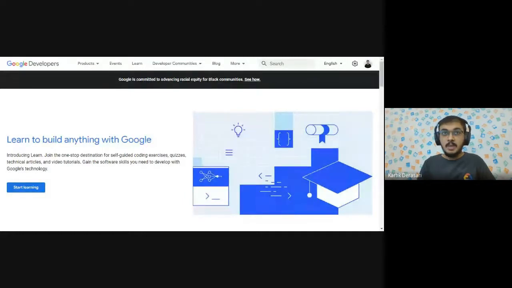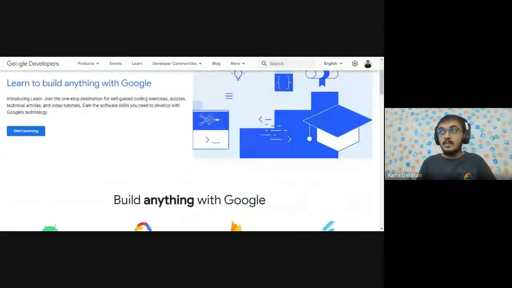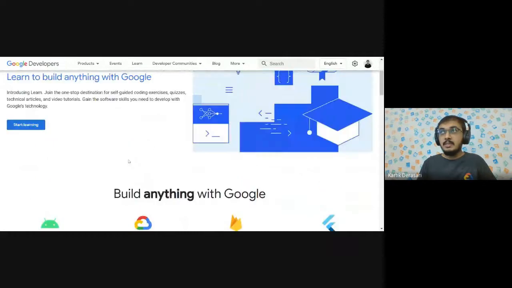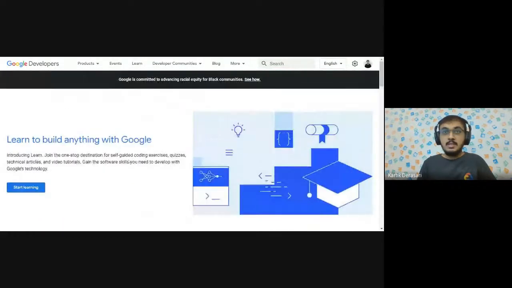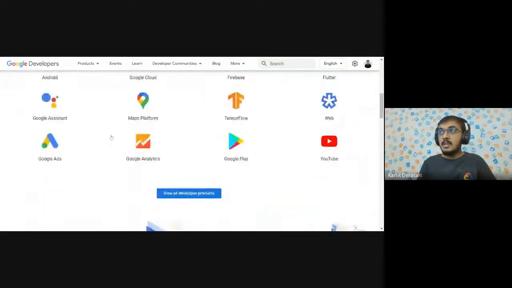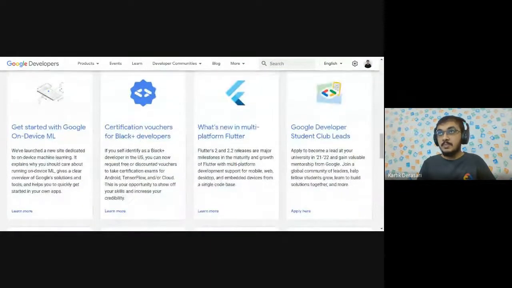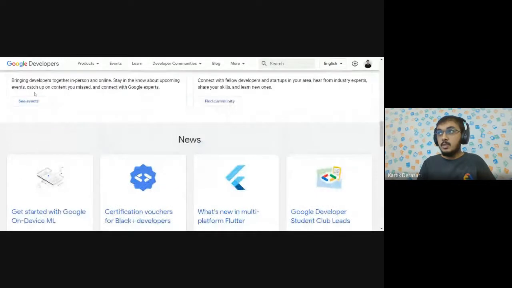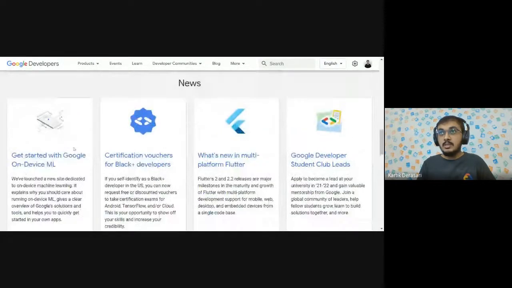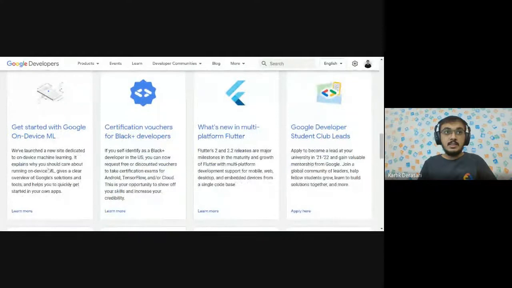It is visited by a lot of people, especially developers, and it has nice design, nice UI. So let us pick something. Let us pick this card. Here we have a news container, and inside that we are going to create this kind of card. You can see "Get started with Google on device ML", and this card is something which we are going to design today.